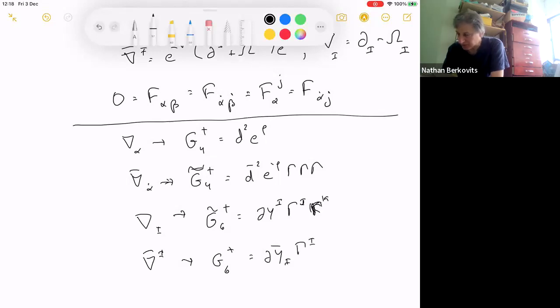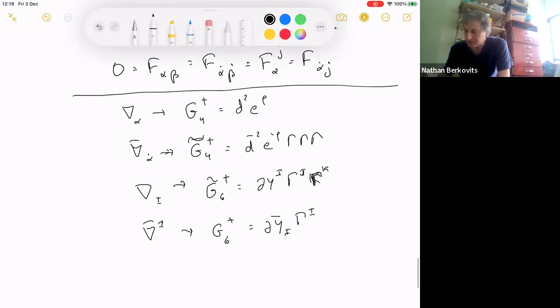Probably switched the up and down index when I did this. But in any case, the point is, if you remember, there was something similar that we did for the n equals 2, d equals 2 case. We had this relation of the n equals 2 superconformal generators and the derivative. So it's the same kind of relation here. And so now what we see is that